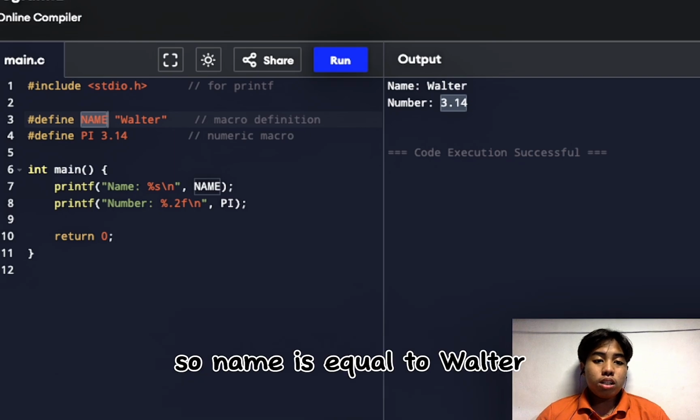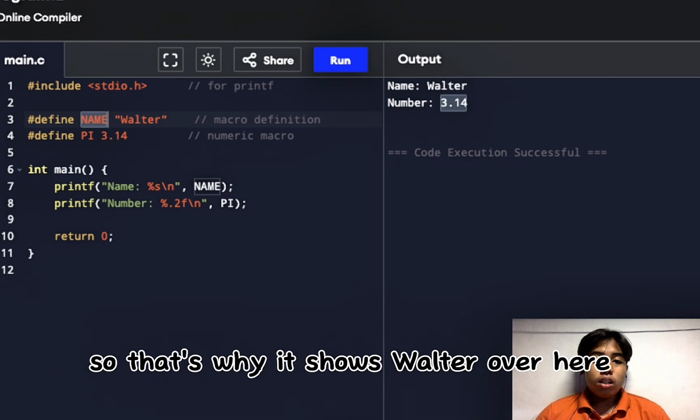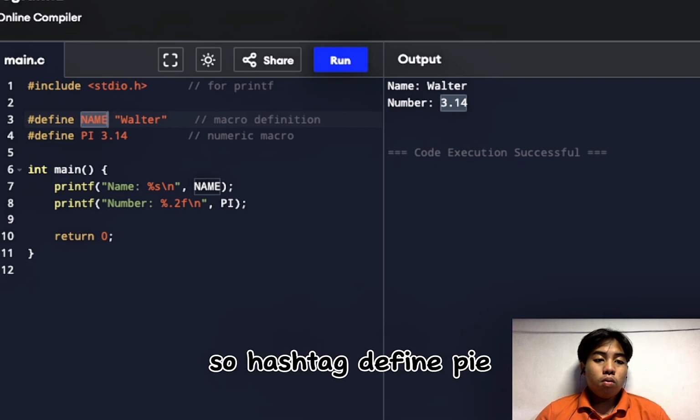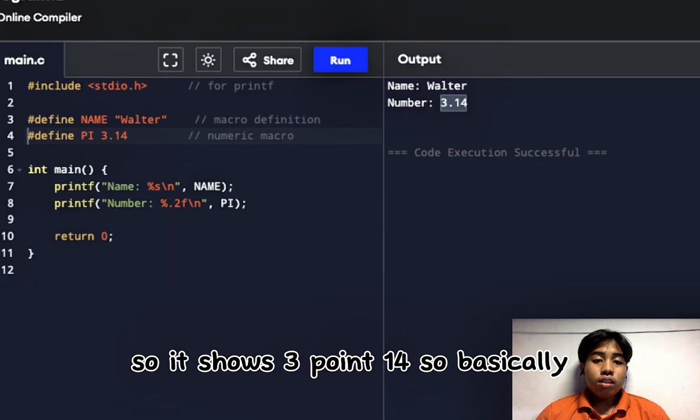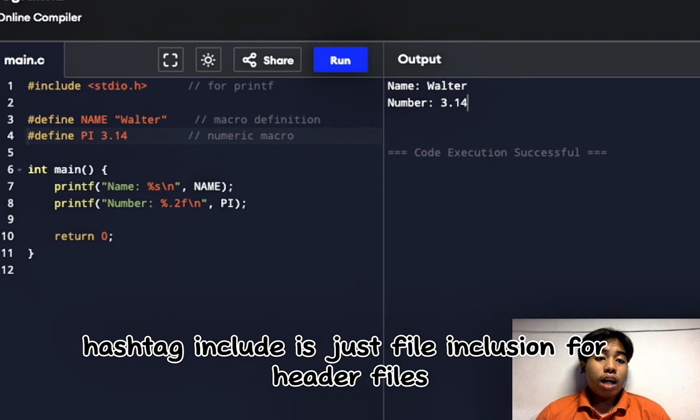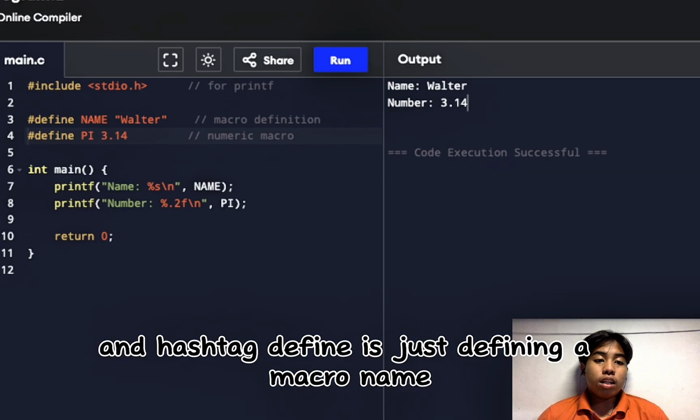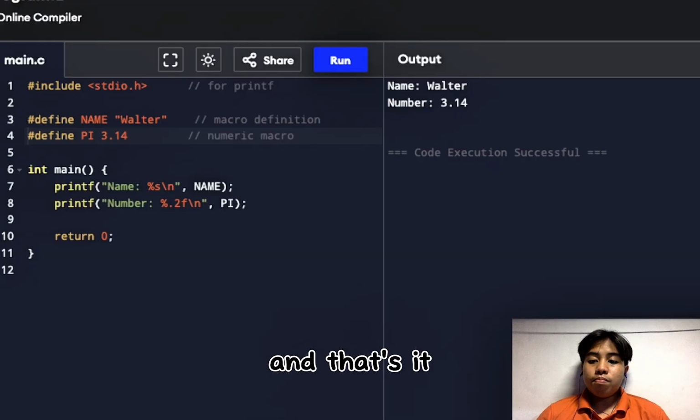So name is equal to Walter. So that's why it shows Walter over here. So #define pi, this is our macro name. So pi equals 3.14. So it shows 3.14. So basically, #include is just file inclusion for header files, and #define is just defining a macro name. And that's it.